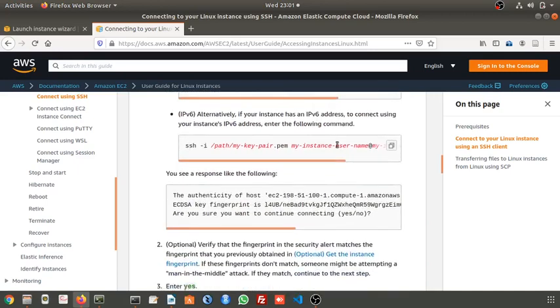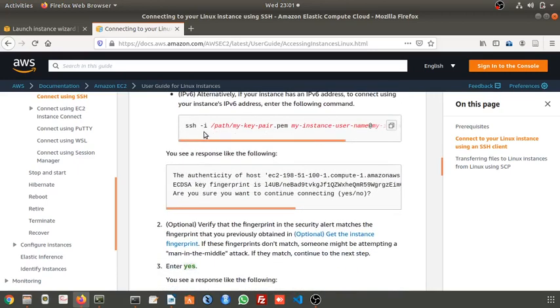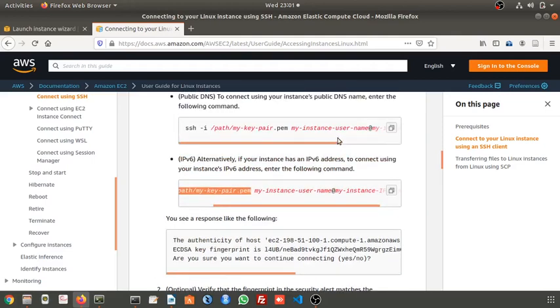Just you have to add this: ssh -i, the path of that same key file. Next, the name of the instance. By default, it will be ubuntu. That is the username of that instance, and then the public domain name. So by default the username of the Ubuntu operating system instance is ubuntu.